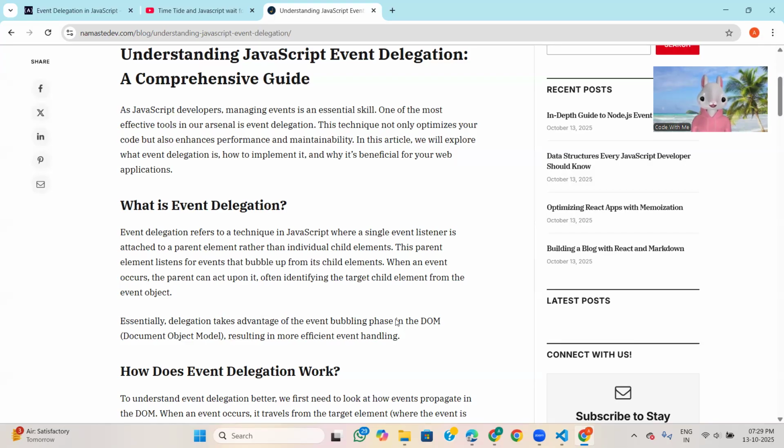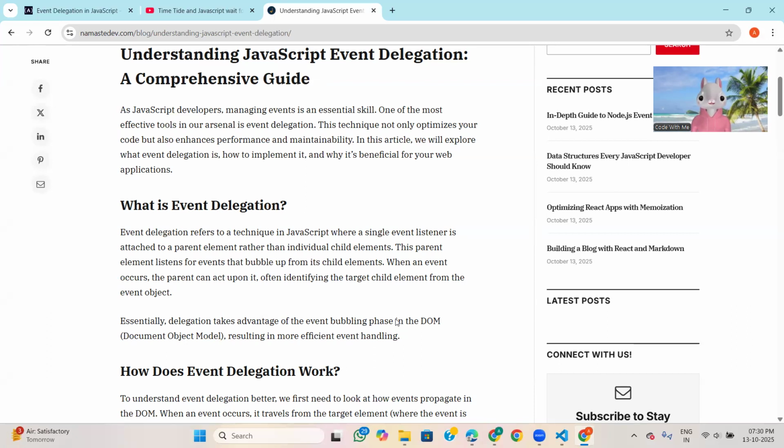Event delegation refers to a technique in JavaScript where a single event listener is attached to the parent element rather than individual child elements. You got my point, what I was saying? One event listener is attached to the parent element rather than individual child elements.